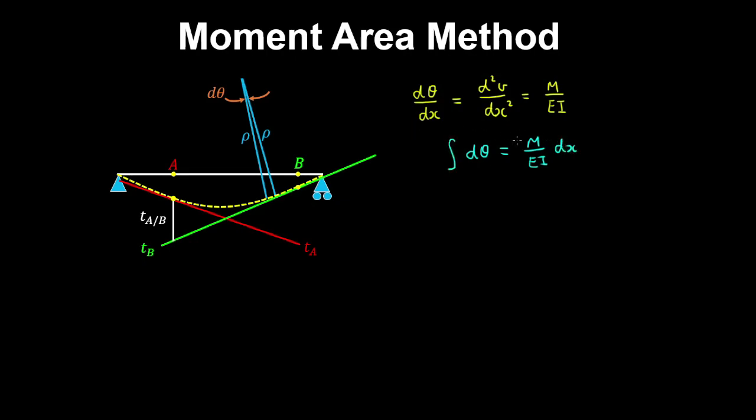And then integrating both sides, we have an integral from theta A to theta B. And on the right, we integrate from xA to xB. And we call this the rotation at B relative to A. So that tells us that the area under the curvature diagram from A to B gives us a change in the bending rotation. Now at some distance x from point A,